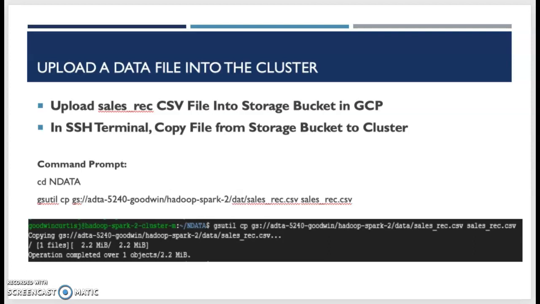Now that we have the subfolder created in HDFS, we need to take the actual CSV file and move it into our storage bucket and then into our cluster. To do that, we upload the CSV file into the storage bucket in GCP. Then through our SSH terminal, we're going to copy that file from the storage bucket to our cluster. So first, we create the command line through ndata, the folder that we want to copy the file into. And then we use